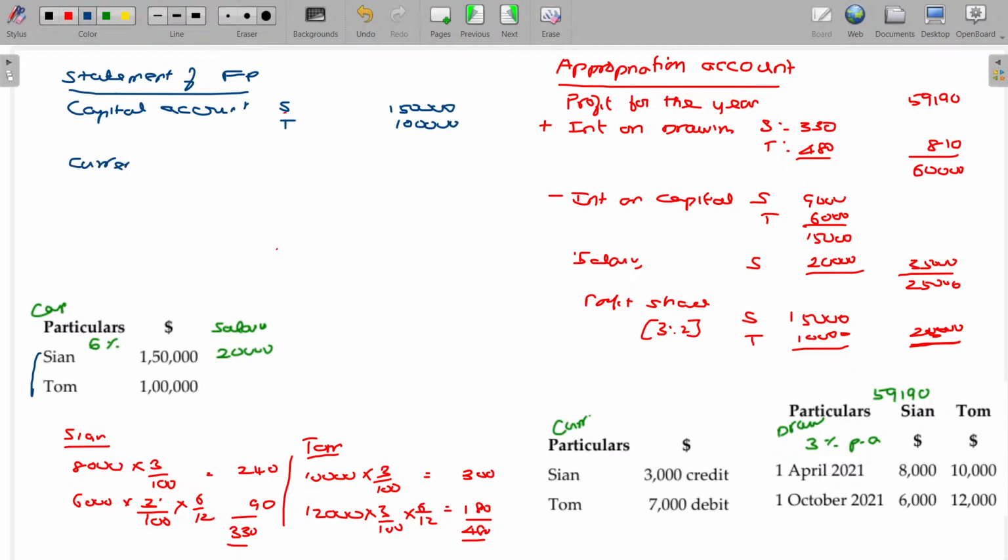Current account. In case of current account for S and for T, usually you prepare current account now with various credits and debits. Means this will be the debit value, this will be the credit value. You keep the same thing in your mind and post that. This will be subtracted and this will be added. That's all in that opening value.